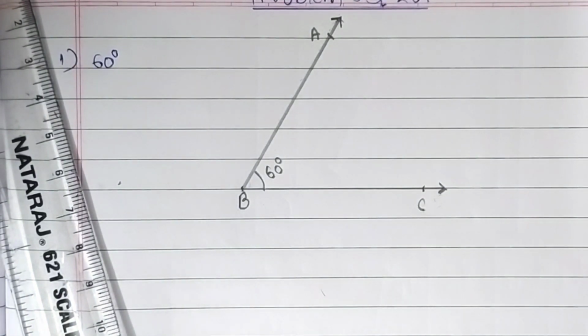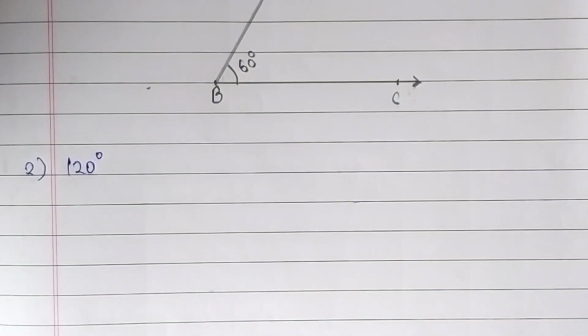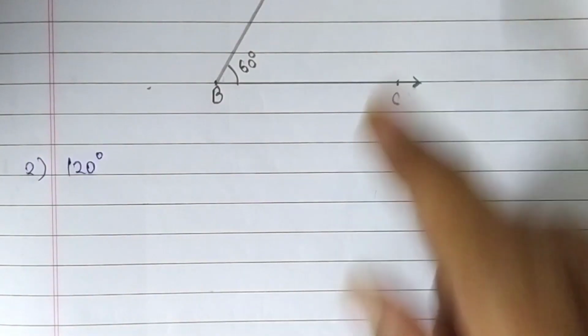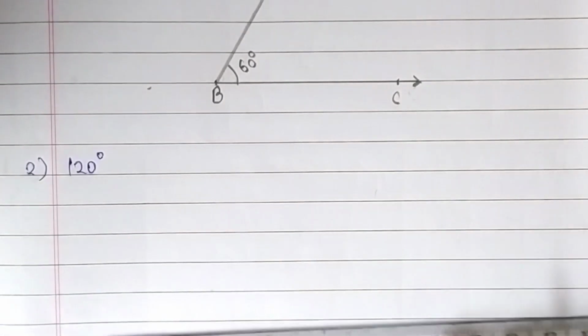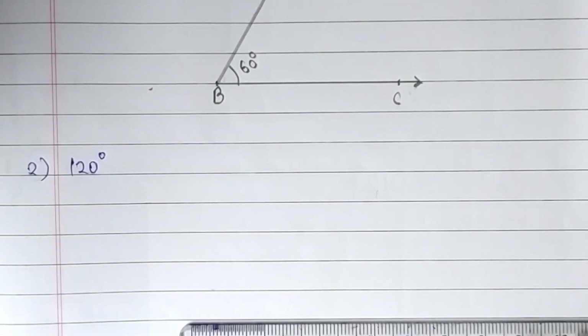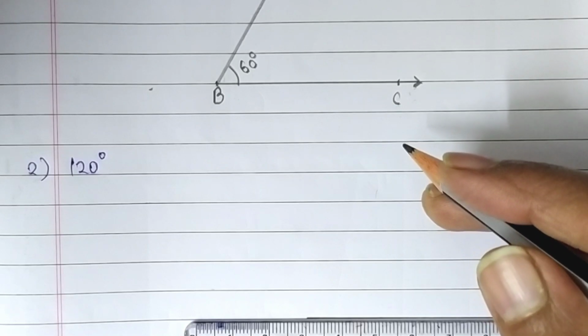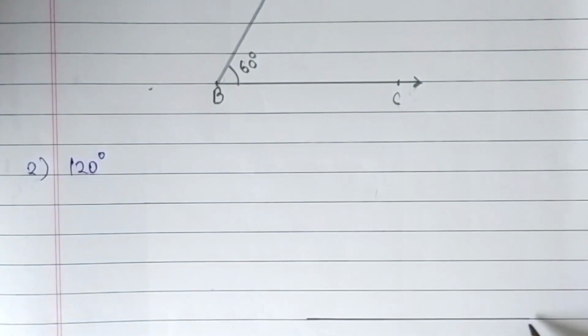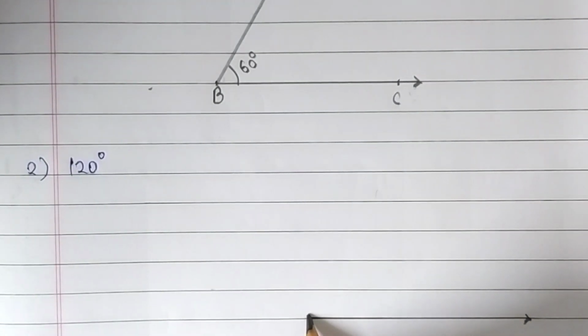Now the second question they give us is 120 degree. We are going to make the same procedure here as we made in our first angle. Let's draw first an arm as a base. Leave 4 or 5 lines on the upper side of our arm. Let's make an arrow here to decide our vertex. This is our vertex. Give the name to our arm.